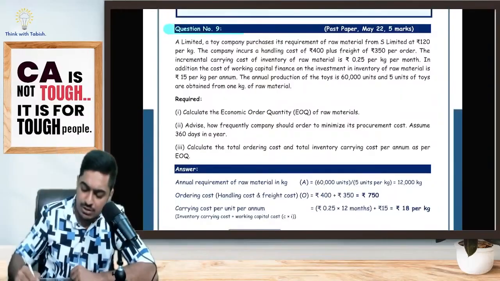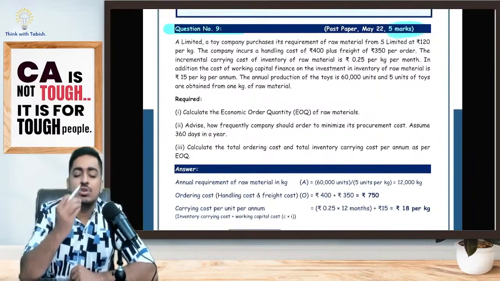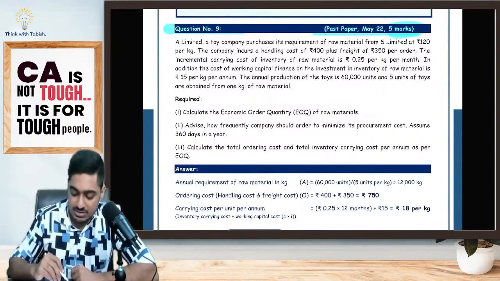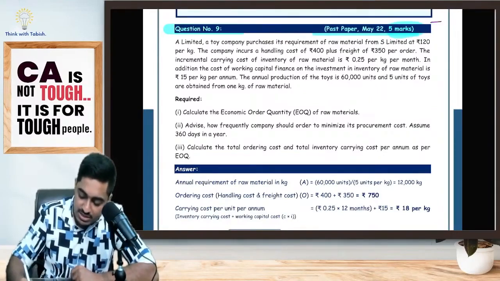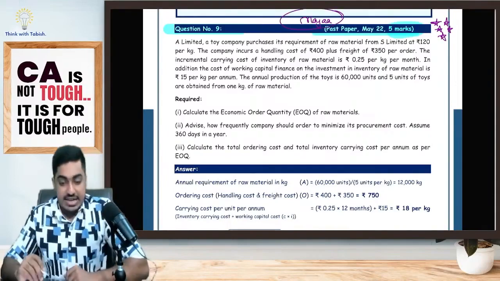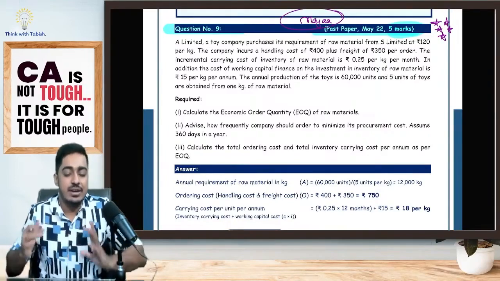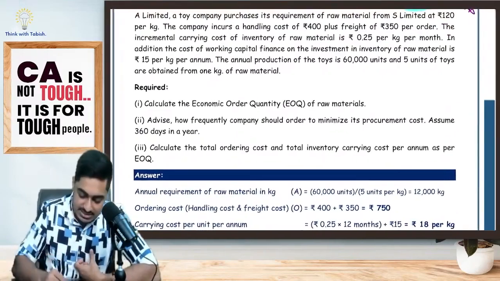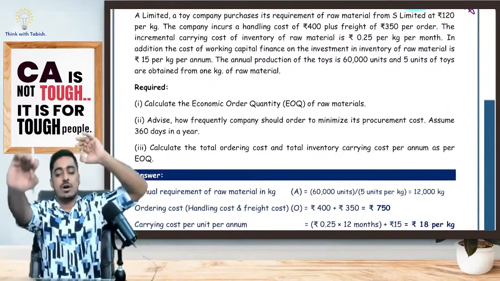Beautiful question. Even though it came only for 5 marks, beautiful, beautiful, beautiful. May 22 attempt, 5 marks. So beautiful, so elegant, just looking like a wow. Oh my God. Majja will come. Pay attention, everyone. Ideally this is a question which should have had more than 5 marks. But they asked it for 5 marks. Let's see the final question for the day.